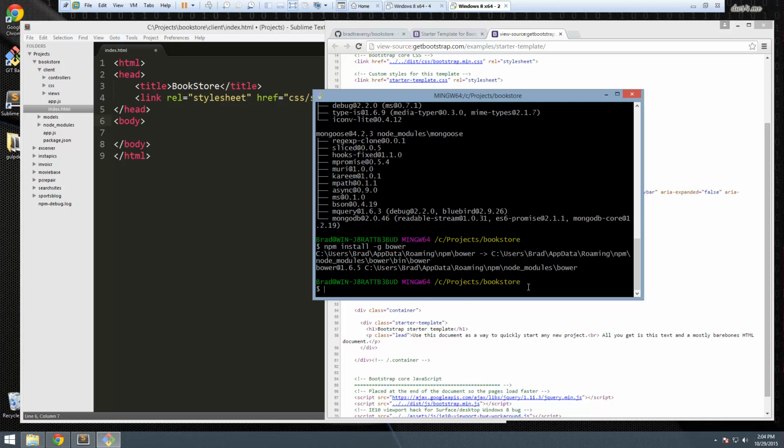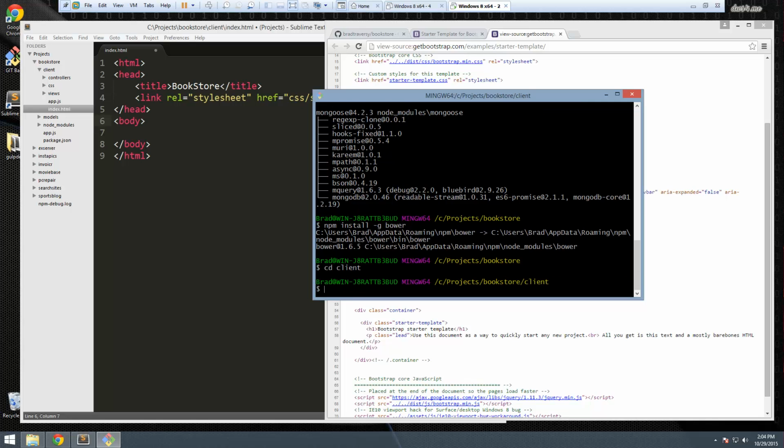All right, so we have Bower installed. And what we want to do is navigate to the client folder. And we're going to say bower install, and let's add a save flag. That's just going to add it to the Bower manifest. And we're going to install Bootstrap,